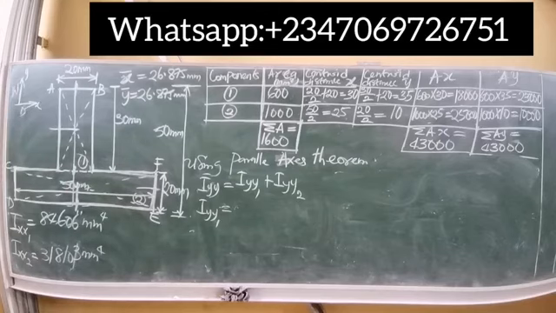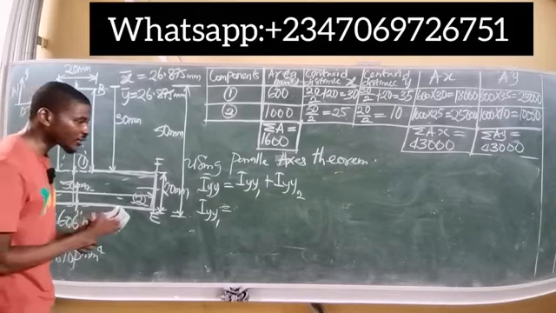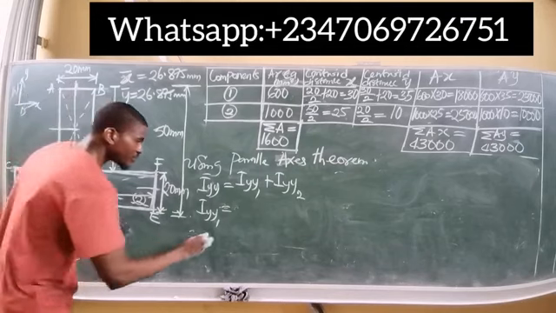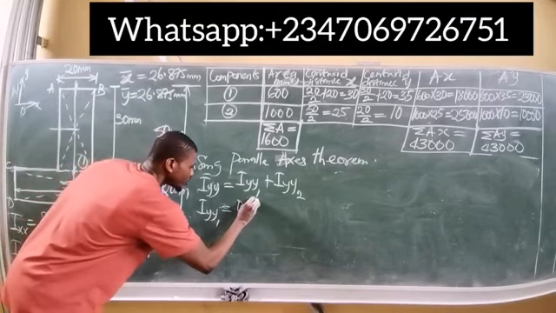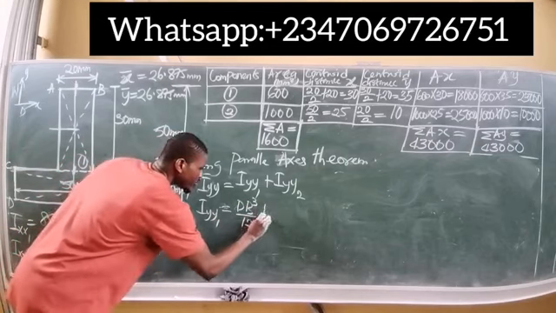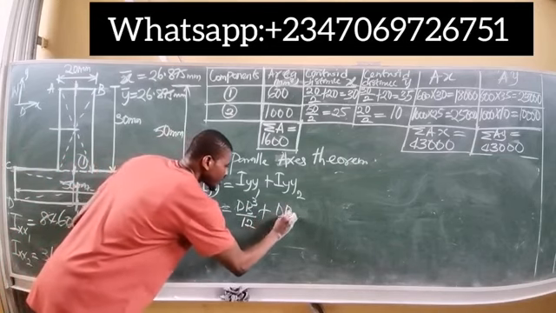Please take note of this difference. So the equation will now be, instead of bd cube over 12, db cube all over 12 plus db times